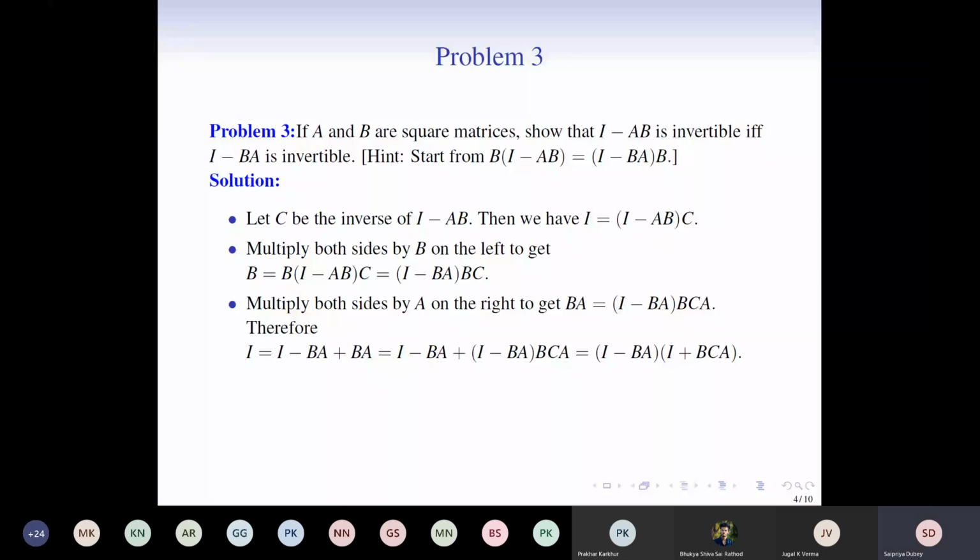Can there exist such a matrix? Yes, because it might happen that B times A will not be equal to identity. So again, you have to keep in mind, you have to choose two matrices which do not commute with each other. If A and B commute with each other, and if I know that A times B is identity, I'm just talking about some arbitrary matrices A and B.